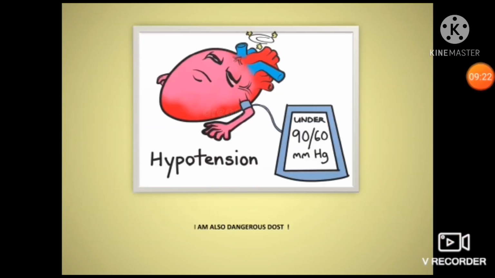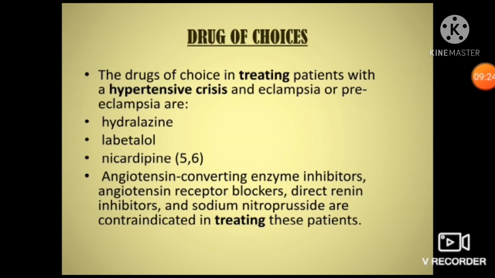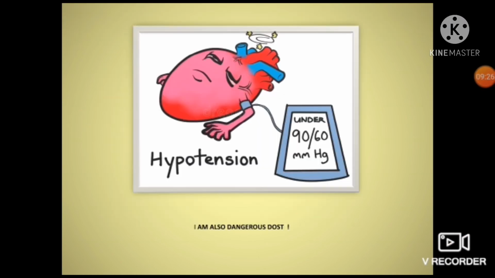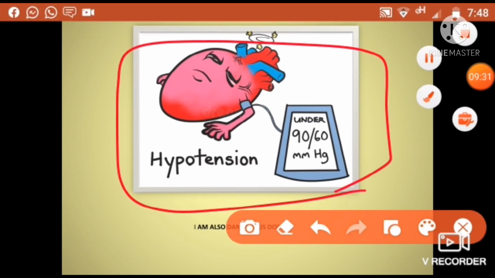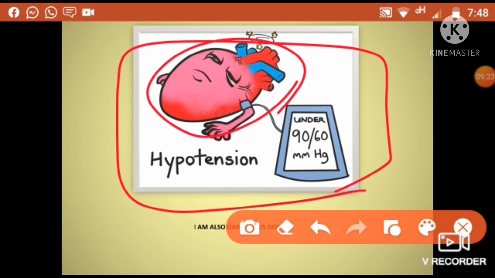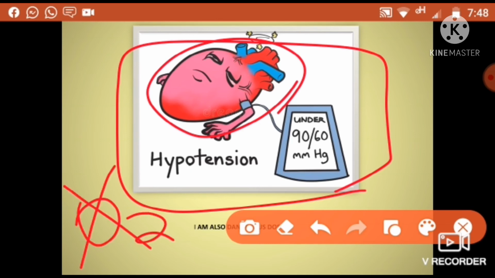This is only a presentation of hypotension. Hypo means the heart is extremely tired or energyless or flaccid. Why? Because the oxygen level is very low, to the level of negligibility. Whenever it is 90 to 60 millimeters of Hg, the heart may suffer from hypotension, meaning decreased oxygen level, and this is also another dangerous condition after hypertension.